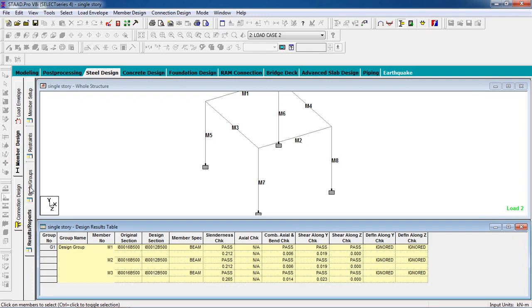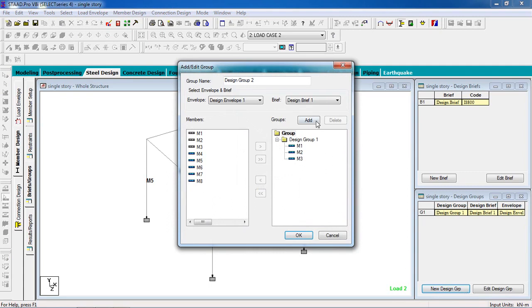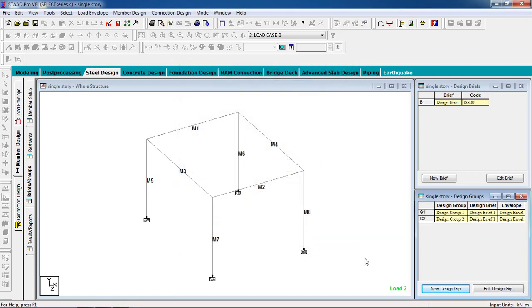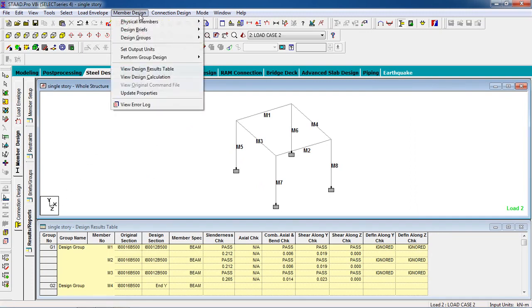Now again go to briefs and groups. Now go to new design group, again add a group and select 3 members and pass it to here, then hit OK. Then go to result and reports, again go to member design, perform group design, check code.